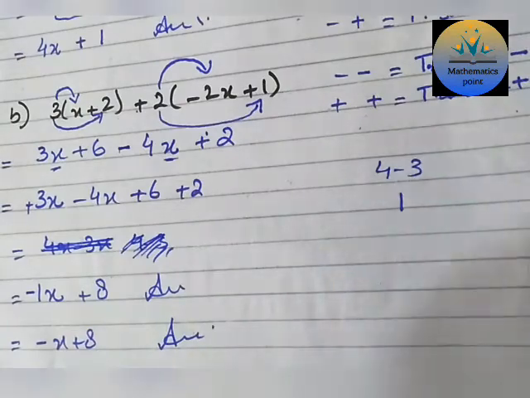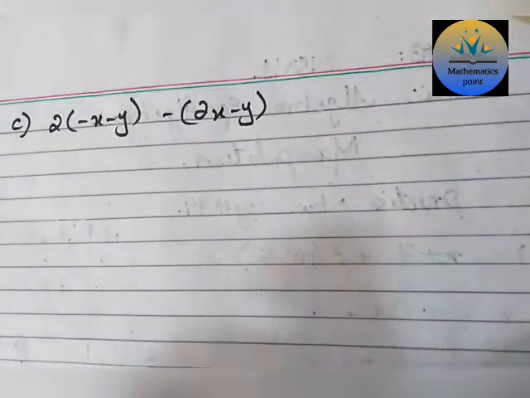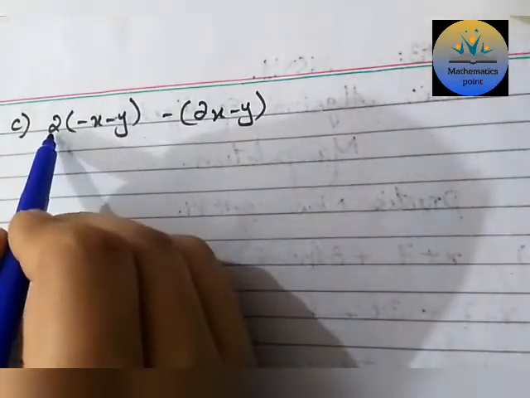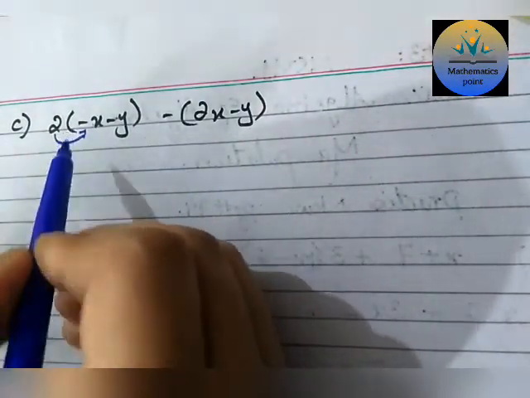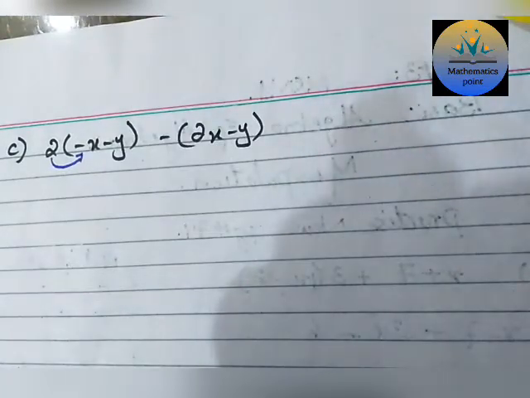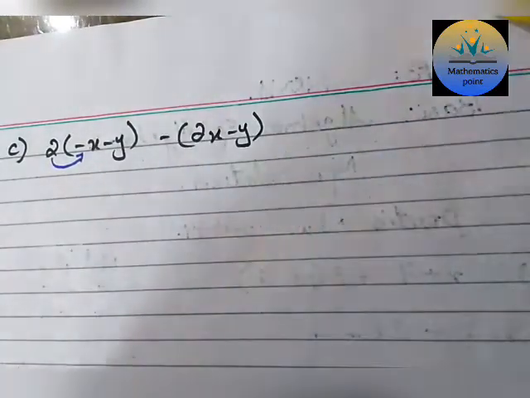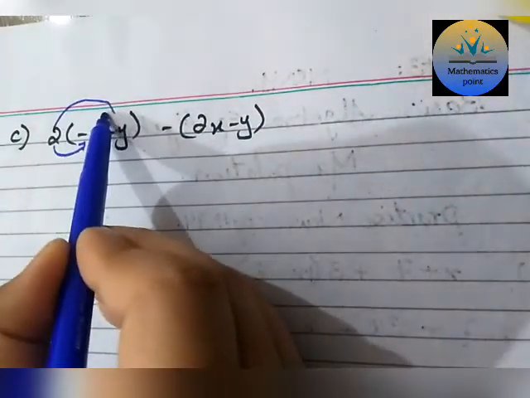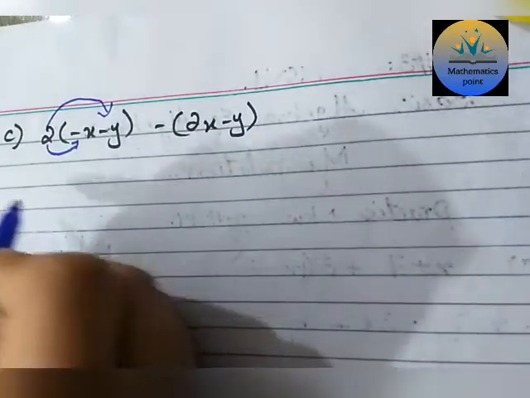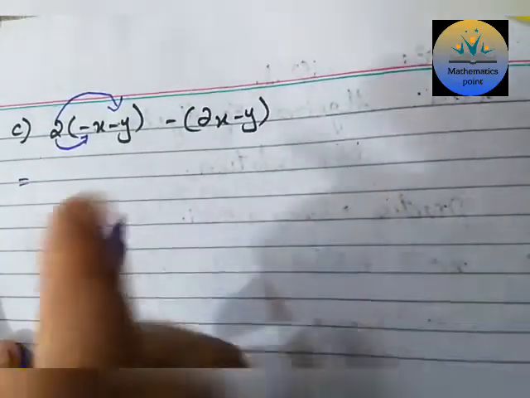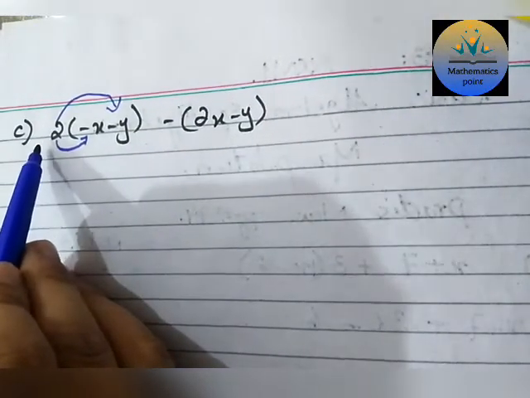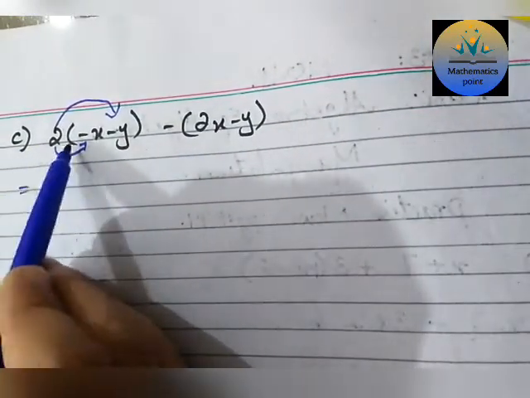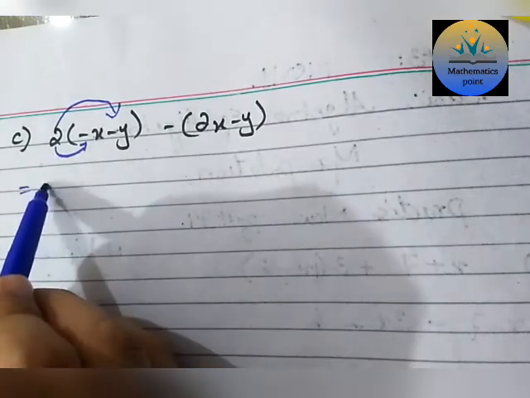Now move towards part C. Okay, now this is part C and how do we solve it? Again we just apply the distributive law. Why am I again calling it distributive law? Because when you repeat it, the distributive law and the multiplication rule will reinforce in your mind. Firstly 2 will be multiplied with the first term. Now look at the sign of the 2. If there is no sign, that means 2 has the positive sign. Now plus minus, in multiplication plus minus will become minus.